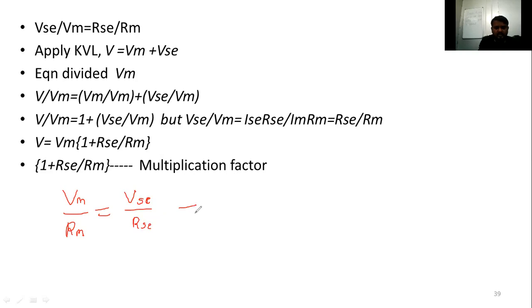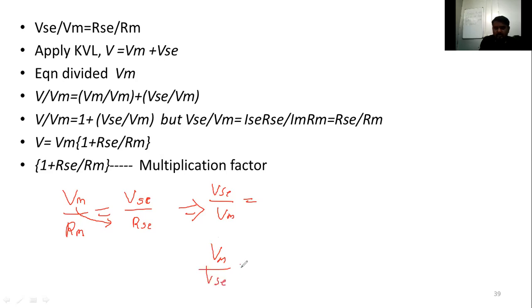Rearranging this equation, I will make voltage one side and current one side here now. We can write this equation, VSC I will keep as it is. I will send this Vm to this side here now. So it will become VSC by Vm. We can write VSC by Vm, or Vm by VSC also. Anything we can write. Nothing to worry about that one.